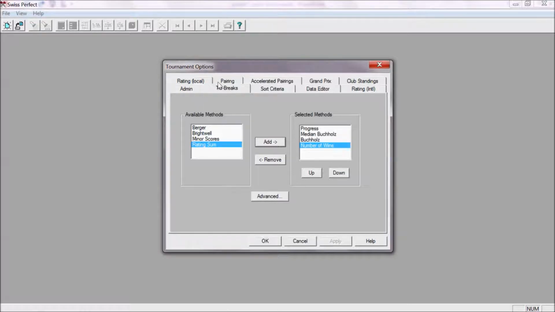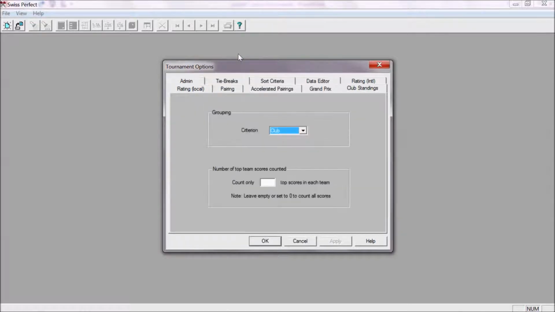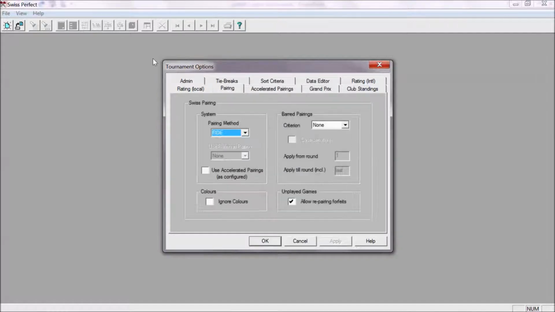So after that, there are other options also. Club standing, for example. This club standing is used whenever there is a team tournament from an individual tournament. So it is generally not used in an individual tournament. Another criteria, pairing. So the pairing method is FIDE.